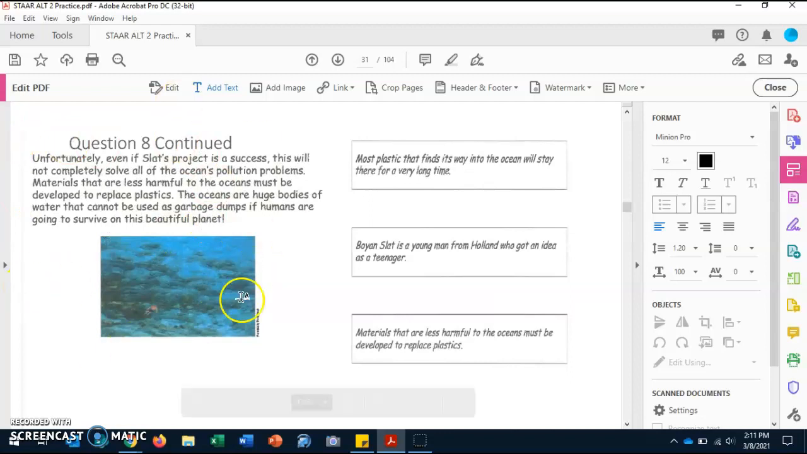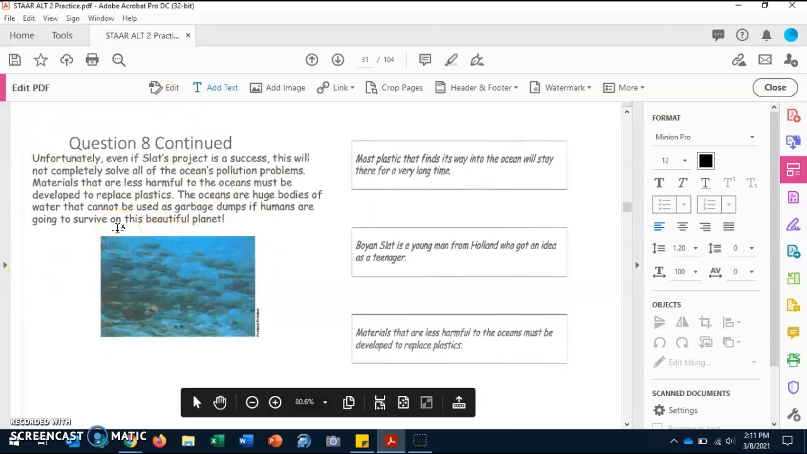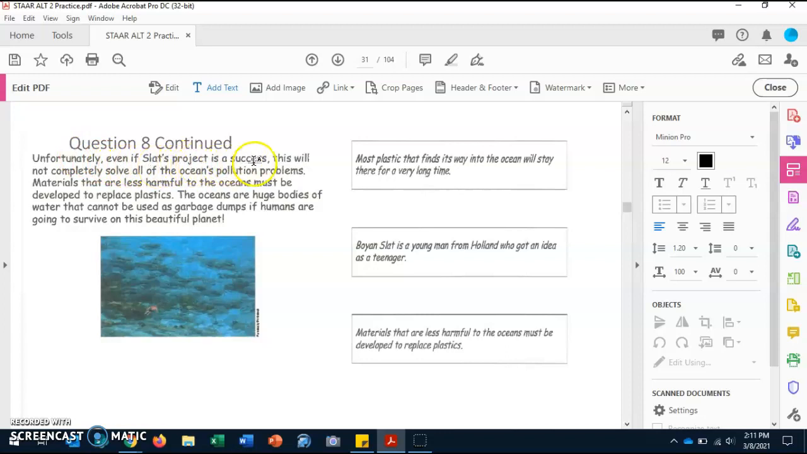And we have more to the story over here. And it says, unfortunately, even if Slat's project is a success,